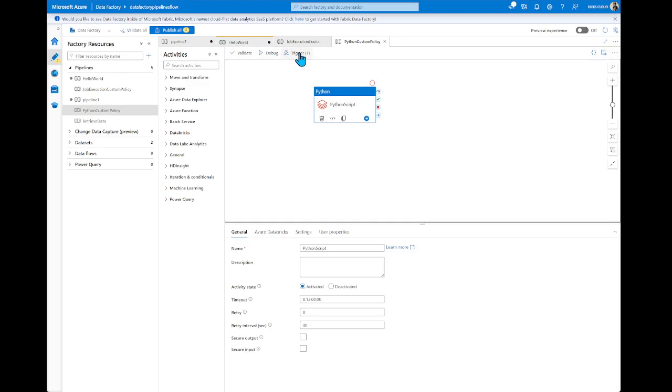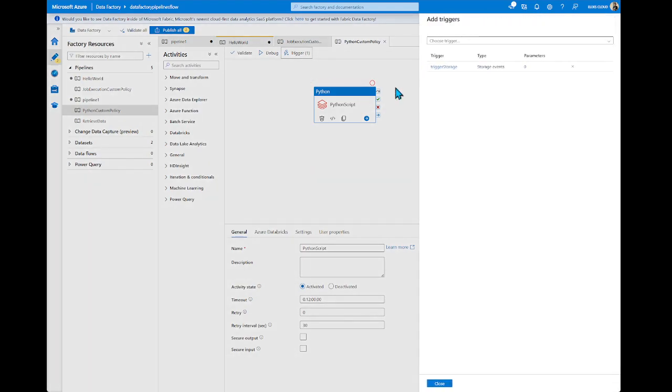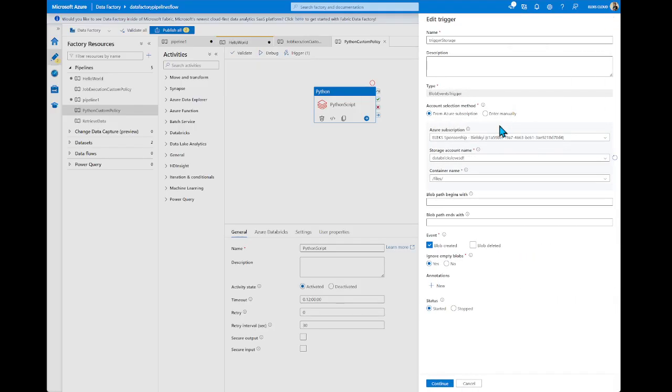First of all, above you can see triggers. We can create a new one or edit an existing one. I already have an existing one, let me show you. What do we need to provide? We need the name and the type of trigger. Also, we need to provide information on how to connect, and about events.